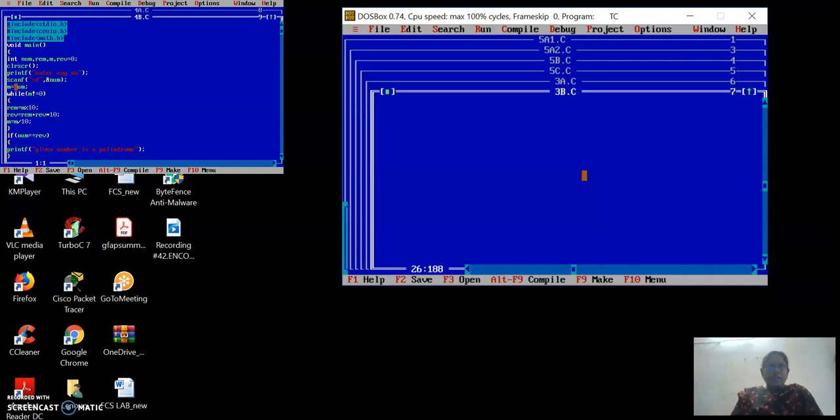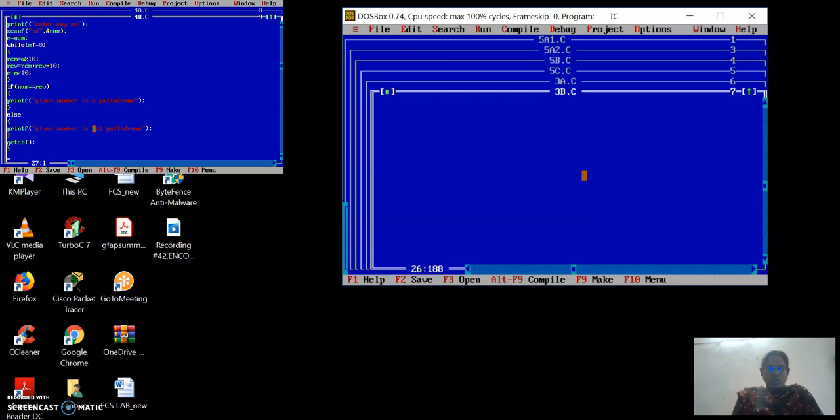I have read n here and stored that in some other variable called m. While m not equal to 0, what am I going to do? I am going to calculate the remainder. How am I going to get the reverse of a given number? The last digit I have to print first. 1, 2, 3 is there. How can I get 3? If I perform a modulus operation with 10 on that number, it gives the remainder as 3. Then I multiply the reverse with 10 and add the remainder. So finally, until m is not equal to 0, I am going to get the value. If that number is equal to the reverse, then I can say that the given number is a palindrome, else that number is not a palindrome.